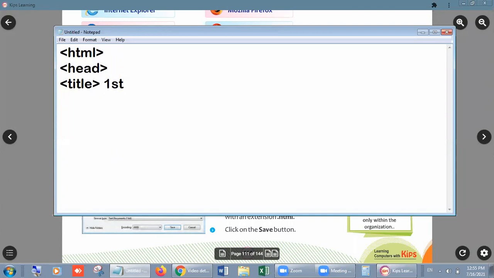First program, right? And after that, close title, close head, and here close HTML again. Why do I use this word again? Because these are commands of HTML if we are using these brackets.